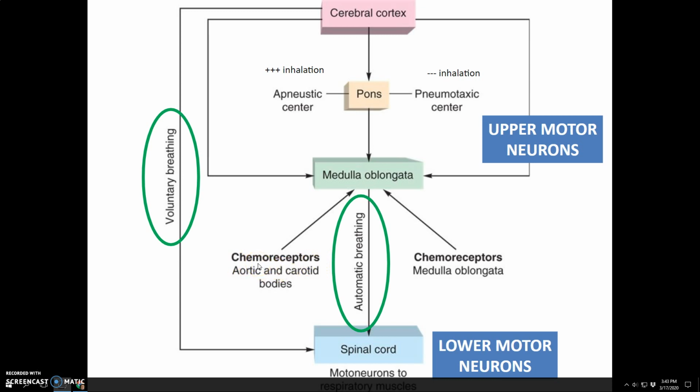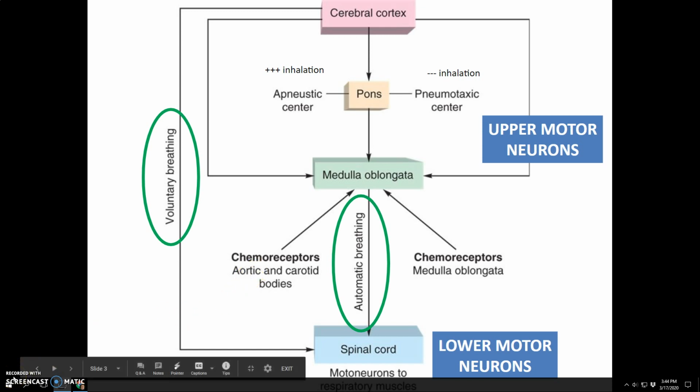And there are two types of chemoreceptors, which we'll get into. There are chemoreceptors that are in the periphery, so they're not in the central nervous system. Those are called peripheral chemoreceptors, which are found in aortic and carotid bodies. And then there are central chemoreceptors, so these are the ones that are found in the brain, and these are found in the medulla